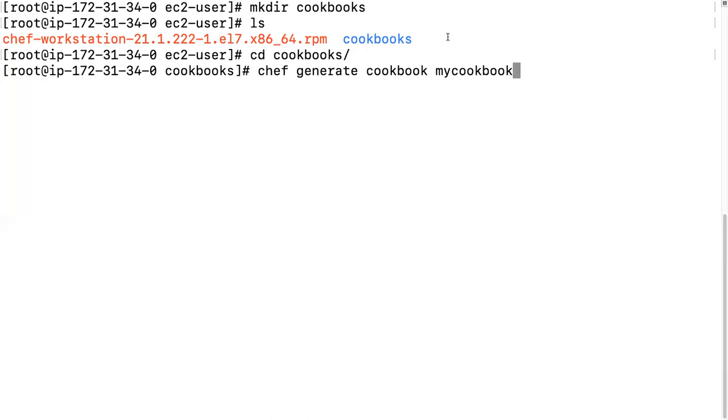You can change this name as per your requirement, but this is the default command. Whenever you need to create a cookbook, you write this command. Okay, so I'm going to create a cookbook named mycookbook and hit enter.